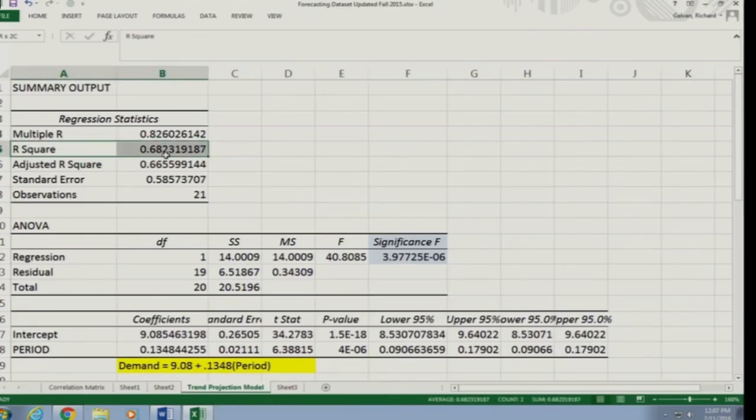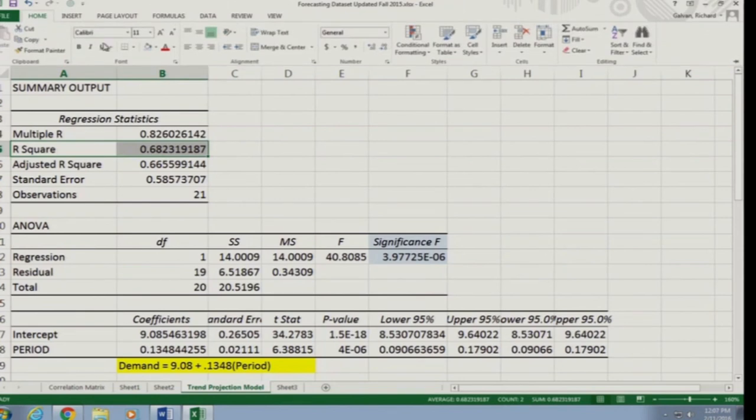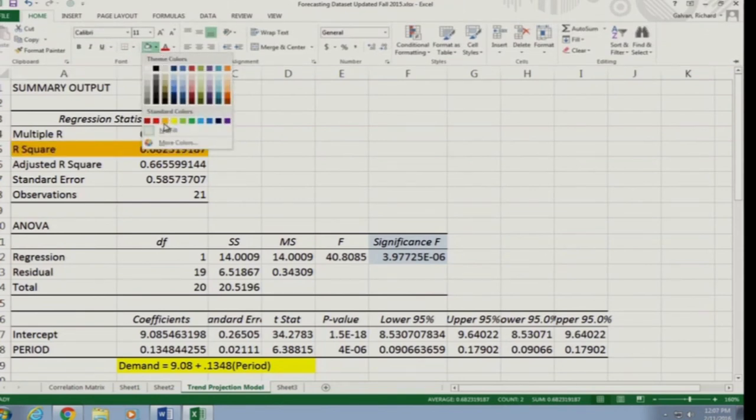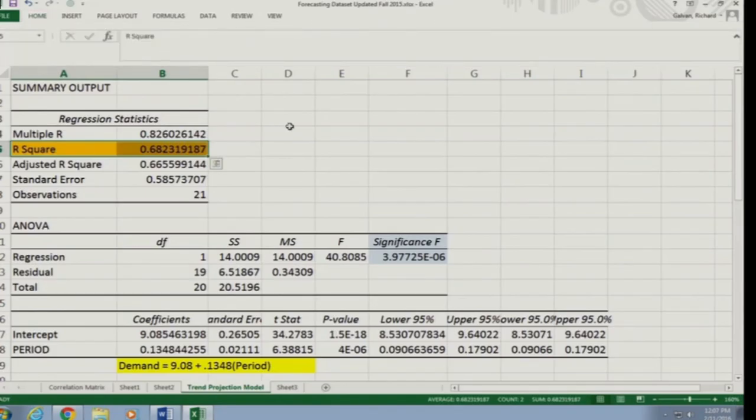You need to also understand what R squared tells you in a regression output. Basically, R squared is also called the coefficient of determination. In this case, it is 68%, 0.68. That tells you that 68% of the variability in the demand is due to trend. So trend over time accounts for 68% of the variability. The higher the better, and the highest value is 1. You can't go over 1. All right, very good. So give an interpretation of R squared and of significant F,